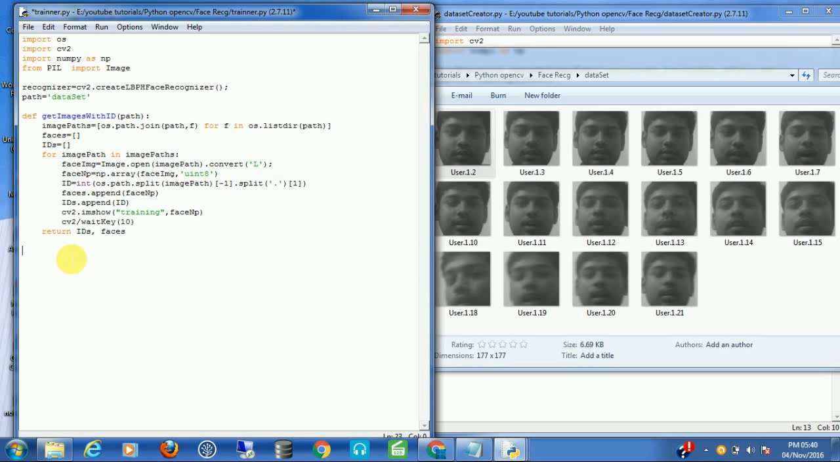So now let's create faces, IDs equals get image with ID and with the path. Okay, now that we have faces, we have IDs, we can train the recognizer now. So to train the recognizer, we need the image for faces samples and we need the corresponding labels. So copying this, dot train, sorry, in this case this is faces and corresponding,